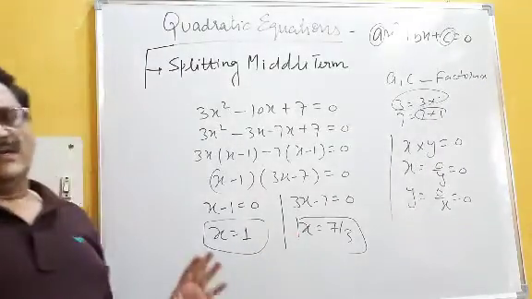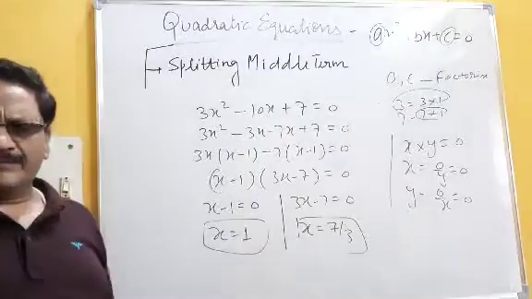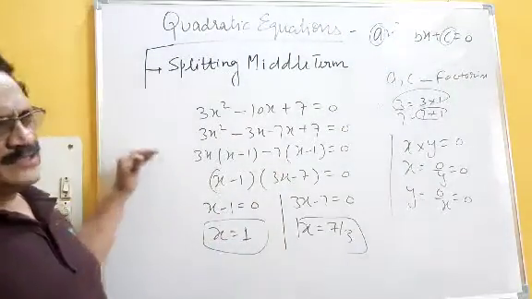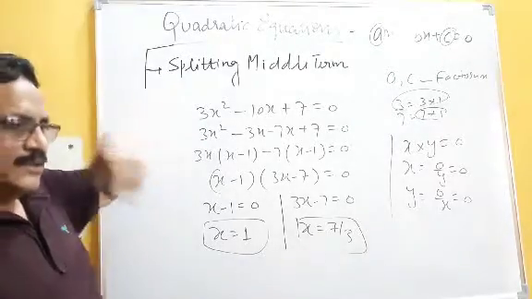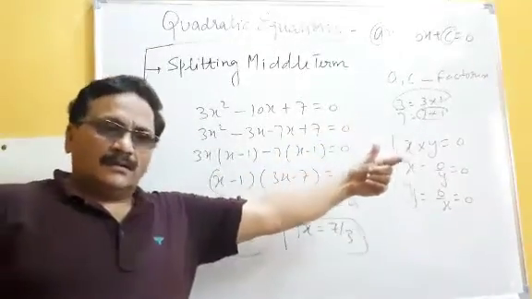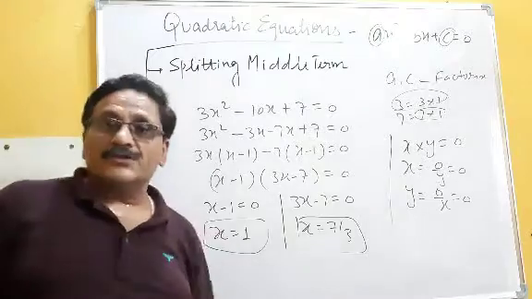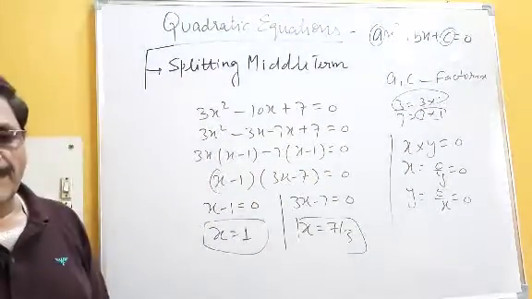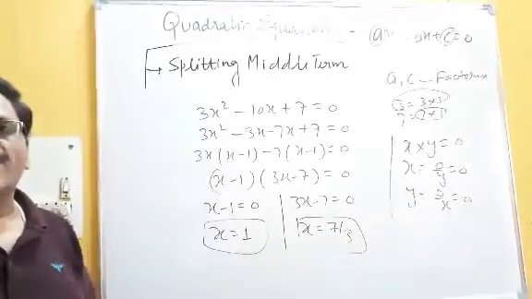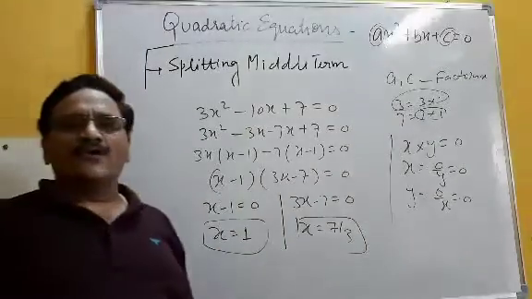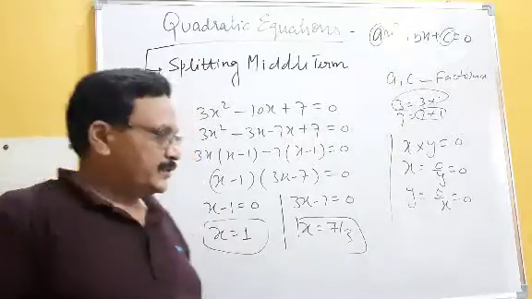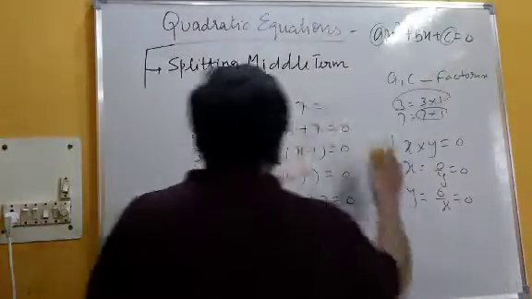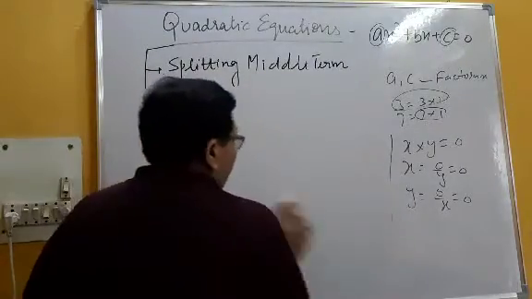Generally, for some questions you can directly split and factorize. But finally, when we do all the methods: first splitting the middle term, second completion of square, and third quadratic formula. But when you are perfect in the quadratic formula, I suggest you always use the quadratic formula, then you can get faster calculations. Now I take another question as an example.